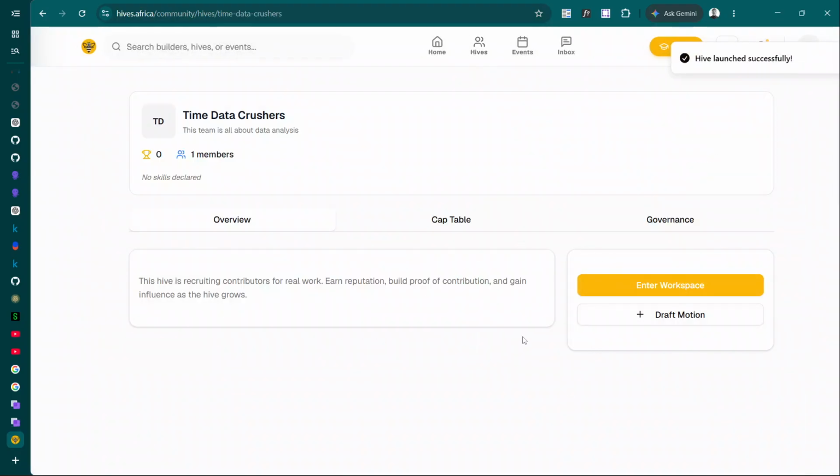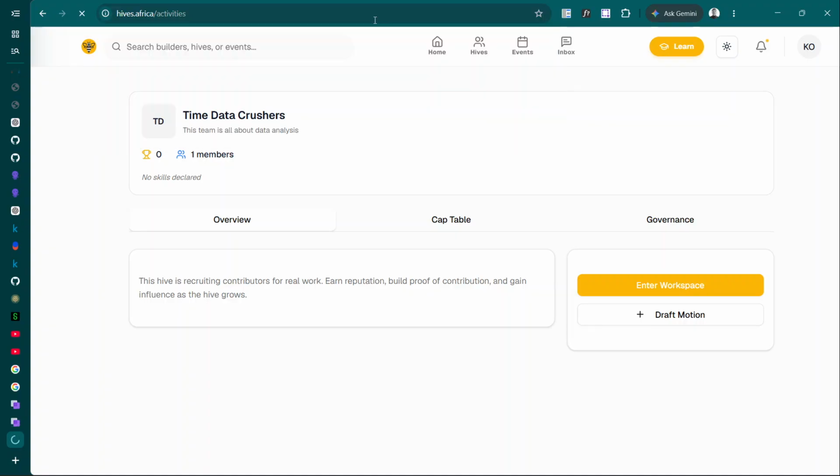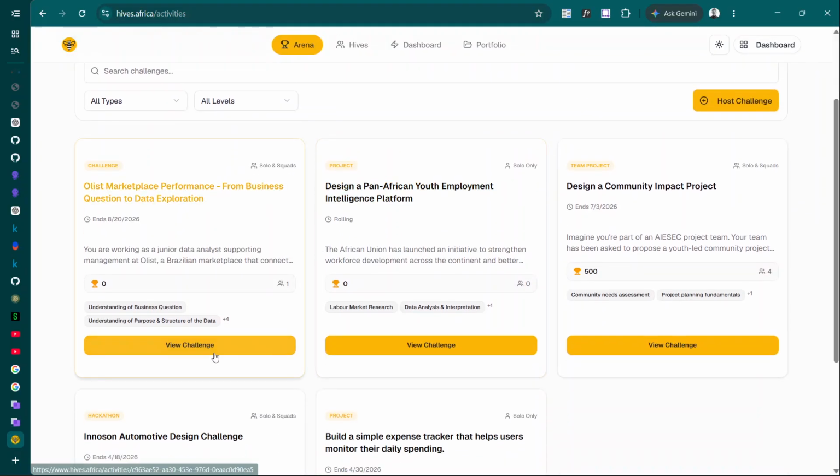Now I have created it, and it takes me back to this place where I can enter workspace, but I don't want to enter workspace first. I want to get back to the activity page so that I can continue the joining process, right? So I'm back here and then click on this,